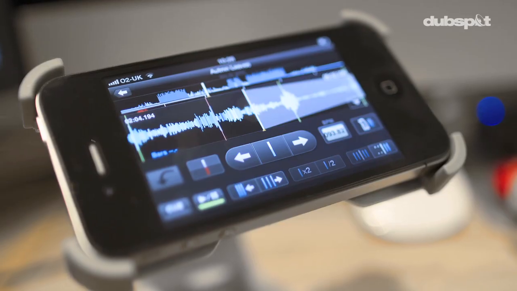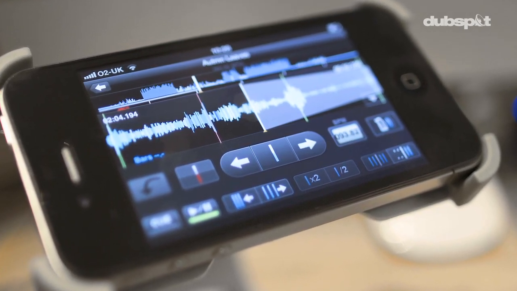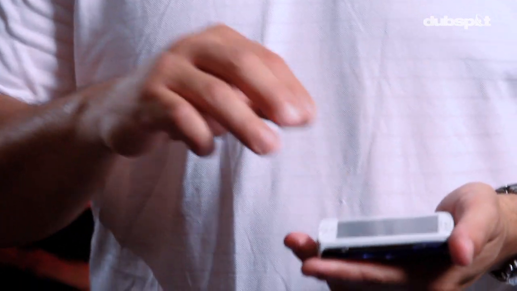Now, if you want to work everything in your laptop, that's great, but you have the availability of downloading the RekordBox app for your iPhone or for your Android and actually preparing your tracks on your phone. Now, you won't be able to load the tracks from your phone to your computer, but you'll be able to sync all the stuff that you did on the phone to the computer, which means you could be sitting on the train or on the beach and work out your tracks, and you don't need to bring your